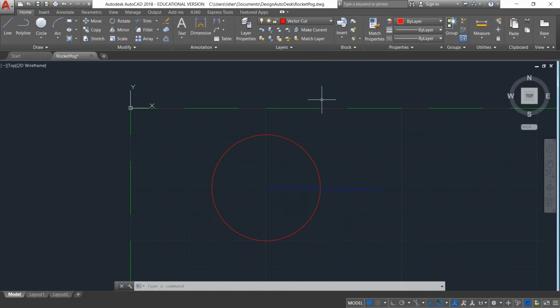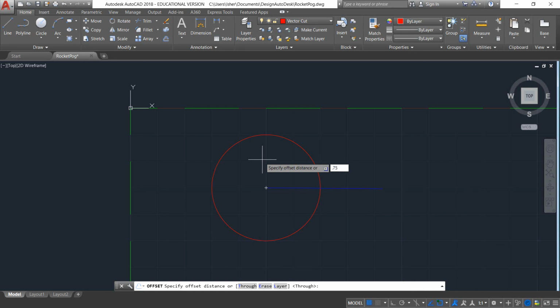Let's see, that was 1 inch, so we're going to offset it. And so offset is right here, or O spacebar. So I'm going to click on offset. First thing it wants is this says specify offset distance of, and that's the distance that we're going to offset it. So I'm going to do 0.2, actually I'm going to do